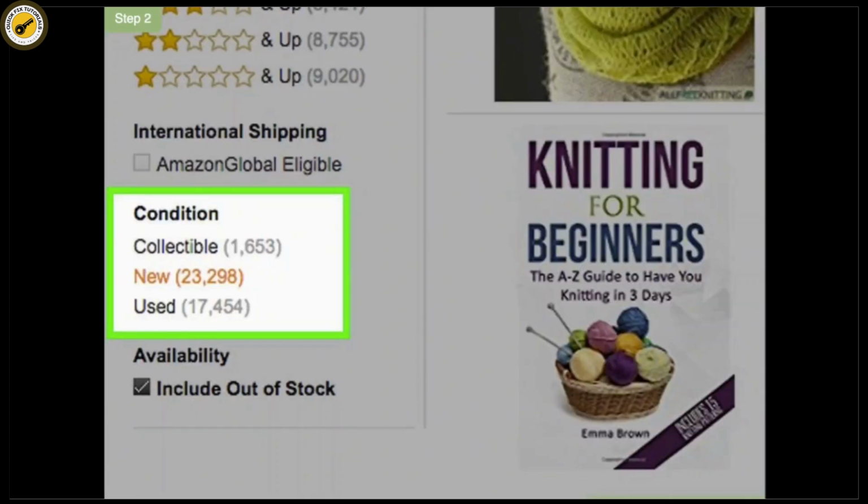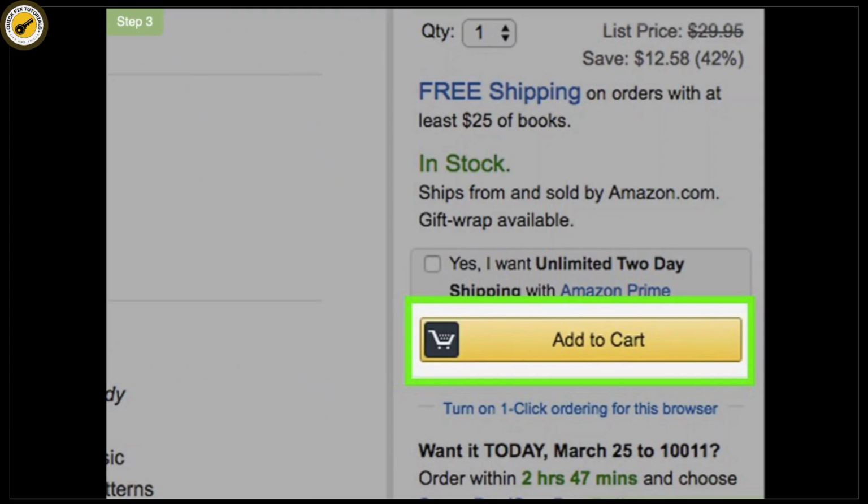Amazon displays the price of the product it has in its warehouse, but you may be able to buy your product from other sellers. Under the item description, you will see a link titled used and new, which offers you more buying options. Now all you have to do is tap on add to cart if you like the